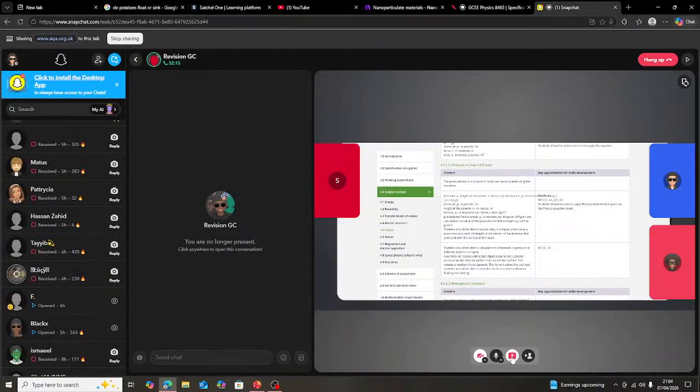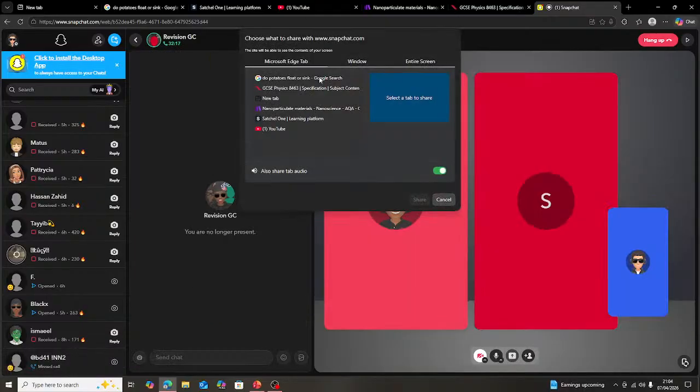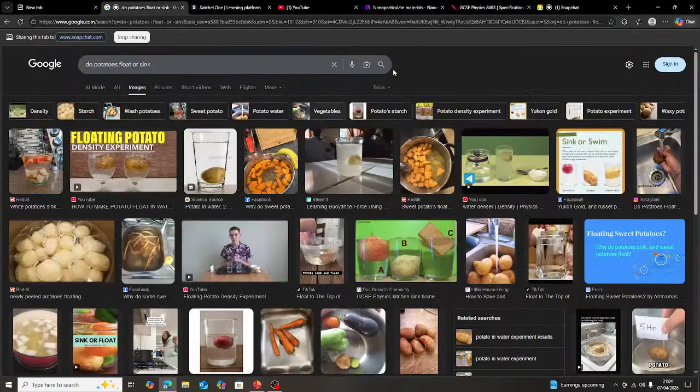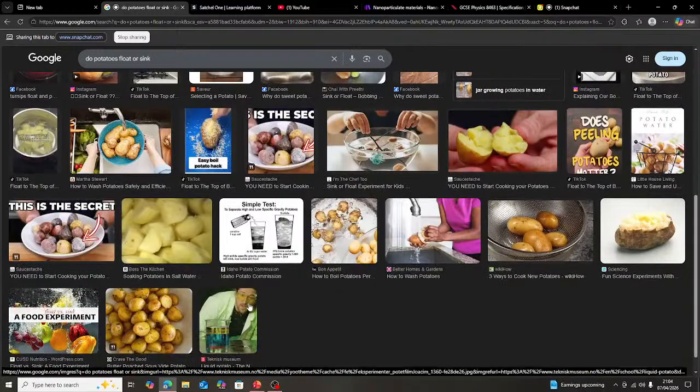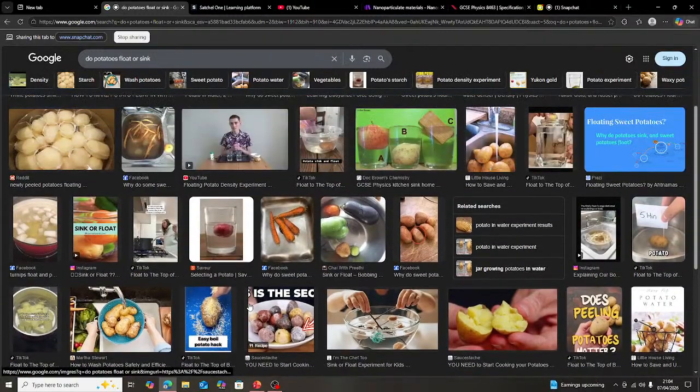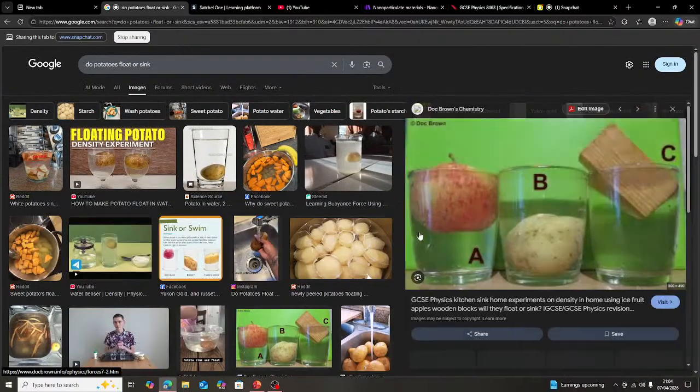Oh, exactly. Nah, I don't want to hear no wait. It's both. I hate when you try to argue with me and then you get proven wrong. Wait, it depends on the potato. No, it doesn't depend on the potato. Yes, it does. It depends on how dense the water is. See, look at this one.